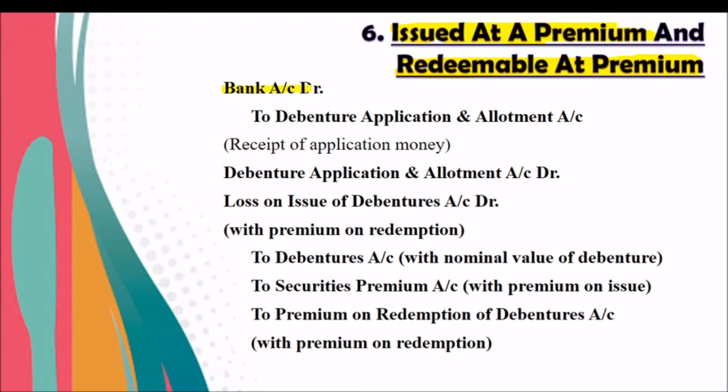So the first entry will be: Bank account debit to debenture application and allotment account. Then debenture application and allotment account debit, loss on issue of debenture account debit, to debentures account, to securities premium account, because the debentures